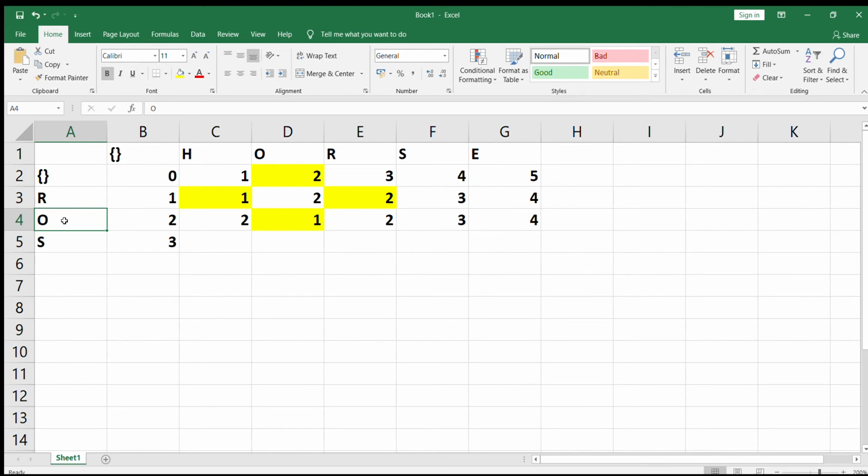Same thing goes for this scenario where we have RO here and HO here. Since these two are matching, I can simply ignore these two and check for these two, and the minimum value of these two is whatever value we have in this cell. So what it means is, when I'm ignoring this, I can just go to the diagonally opposite value, and the diagonally opposite value in matrix terms is i minus 1 and j minus 1.